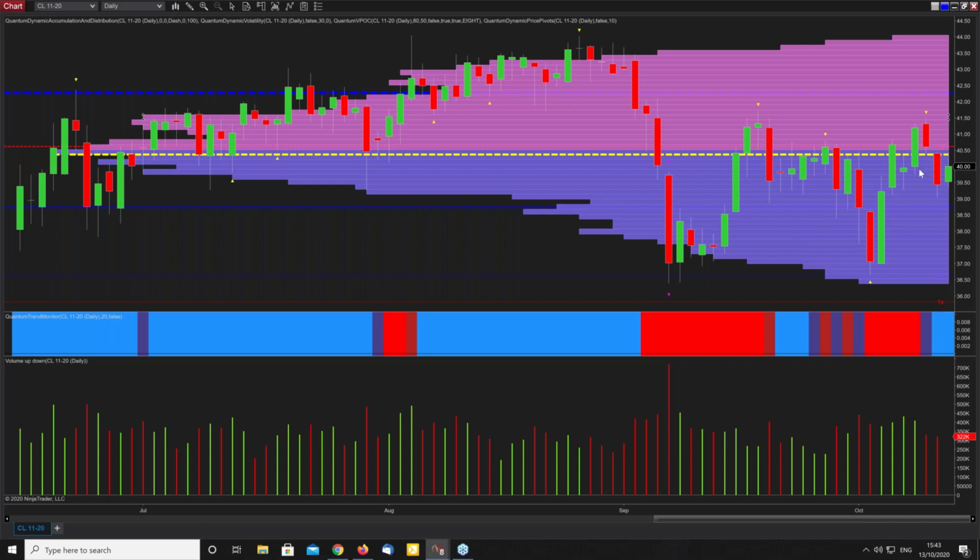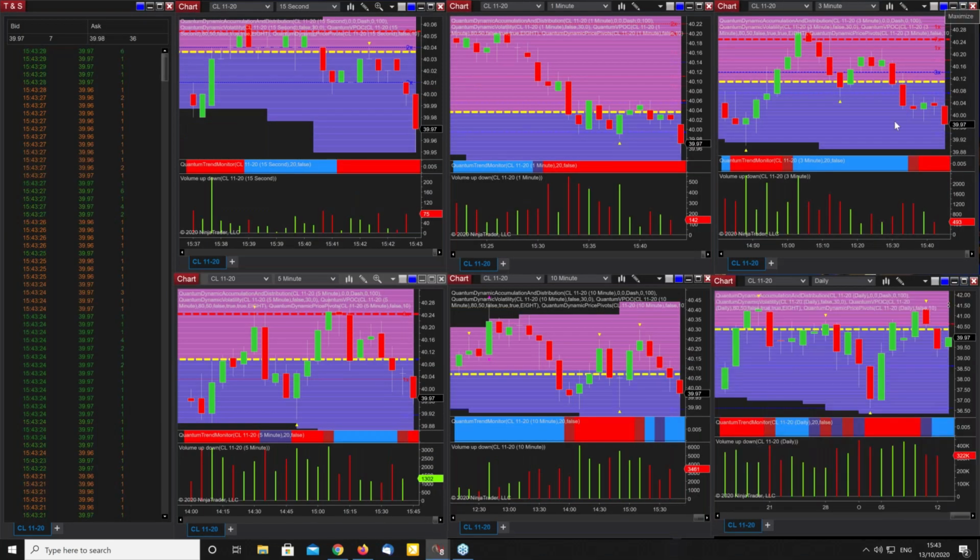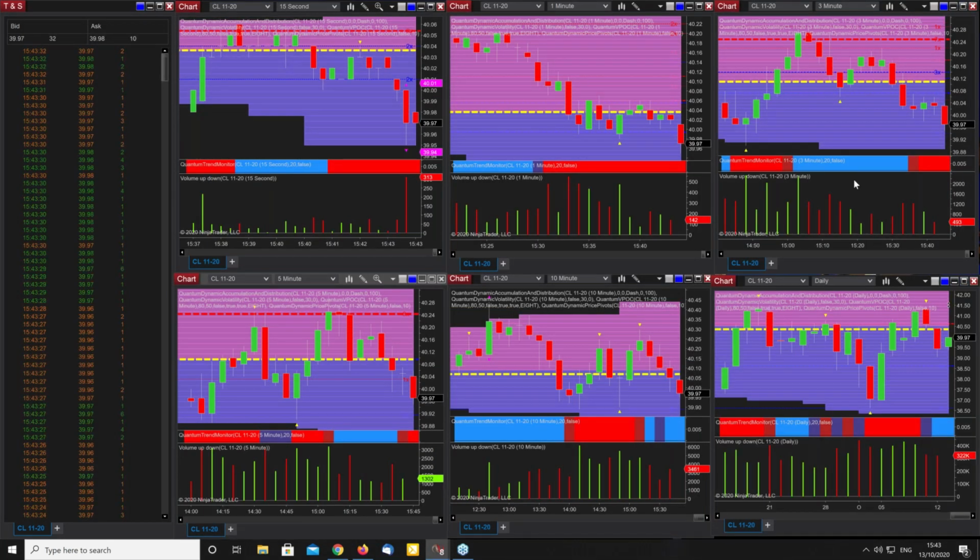So in terms of the technical picture, we've got the volume point of control here just above $40 a barrel. And that's where this is going to languish for some considerable time, unless, of course, there is a fundamental, excuse the pun, change from OPEC in terms of managing supply to drive prices higher. If there is nothing, and they've tried in the past, and it really hasn't had much effect, because the overriding weight of this market now is on whether global economies are going to struggle, and if so, for how long,